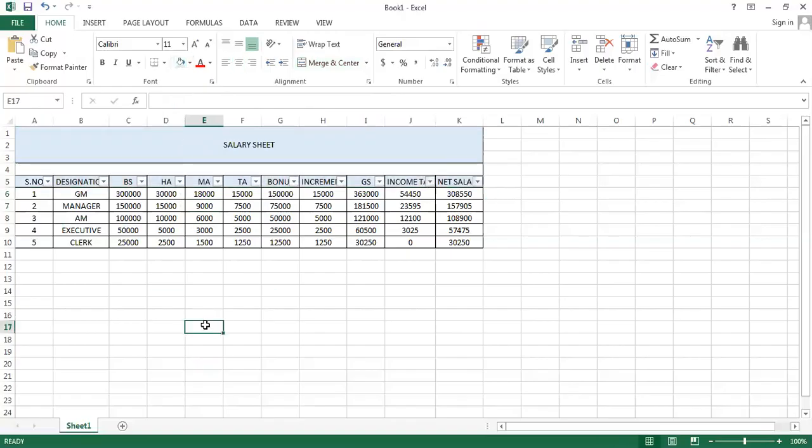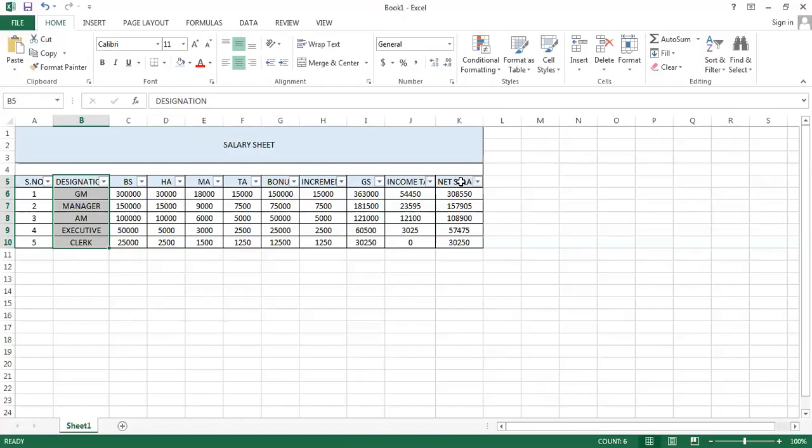The last thing that I will be doing in this task is to insert the graph. And the graph we will be inserting will be of the designation of the employees and their net salary. So what I'll be doing is, I'll be first selecting column B, those cells from B5 to B10, where we have the designation, and then I'll be selecting that cell in which my net salary is there.